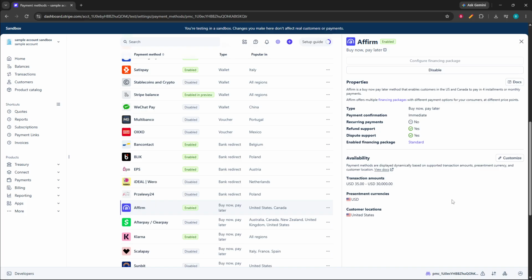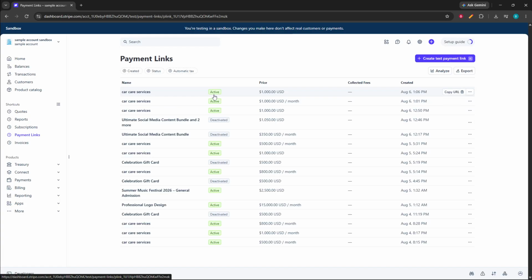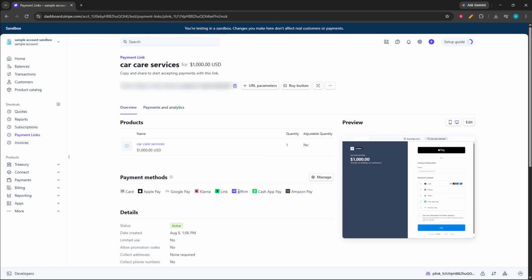Once Affirm is enabled, the next step is to make sure it appears in a payment flow that supports it. You can open an existing payment link, create a new one, or use a Stripe checkout page or another supported checkout option in your account. From there, preview the checkout experience or run a test to confirm that Affirm appears as an available payment method